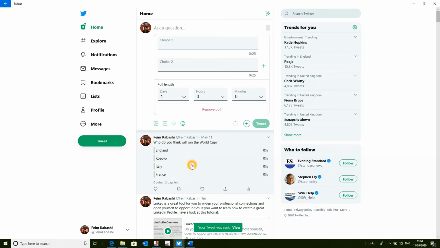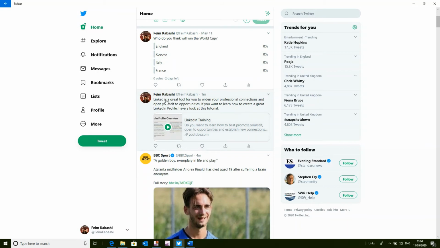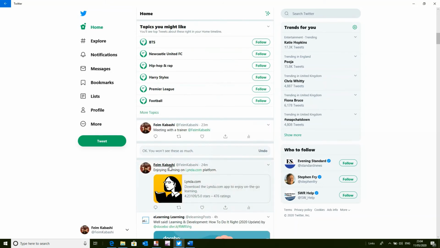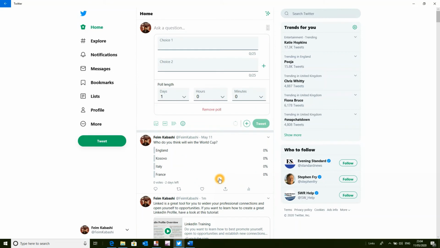Okay, that's how you create a poll, and that's how you create a link. So we just tweeted with a link, and also tweeted earlier simply with text, and added a link to this. And you can also tweet privately, or if you want to make changes to tweets, if you want to protect your tweets, you can go to more and choose